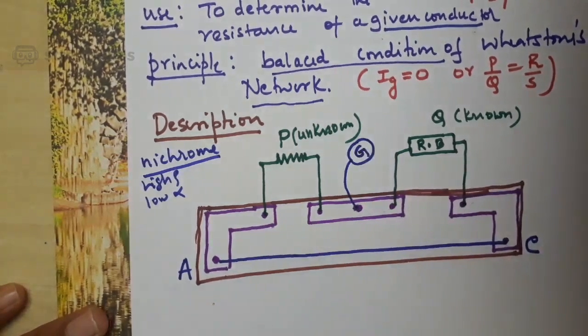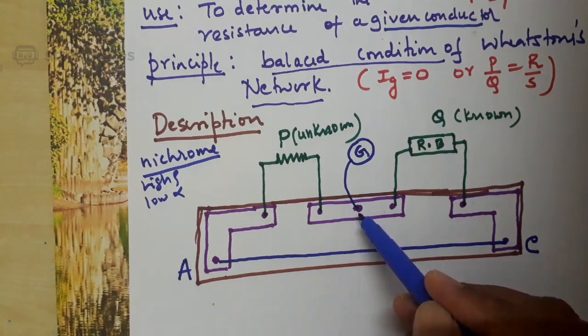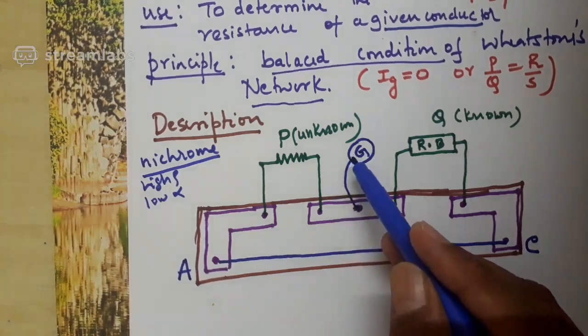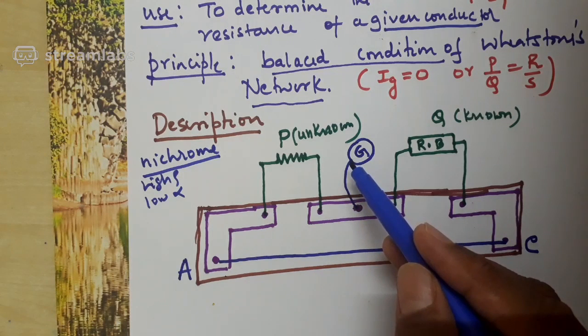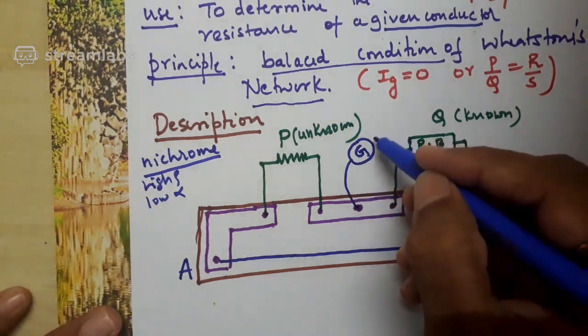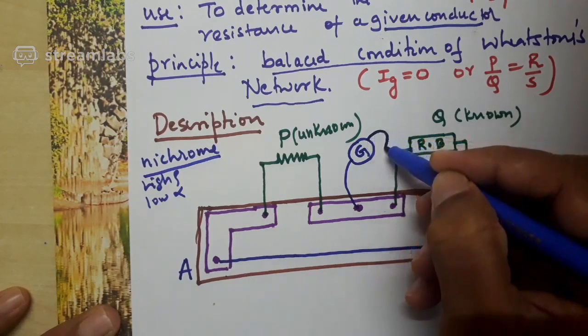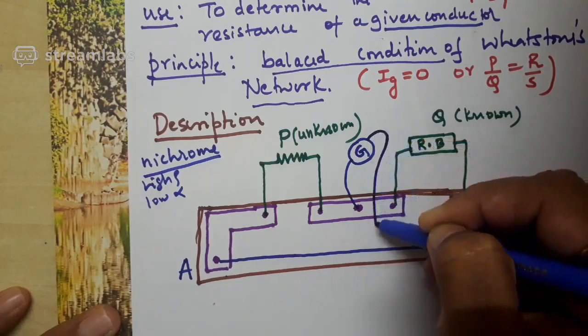Yesterday only I showed a galvanometer. The galvanometer has two terminals. One connection is taken from this point and given to the galvanometer, and from the other end of the galvanometer, take one wire